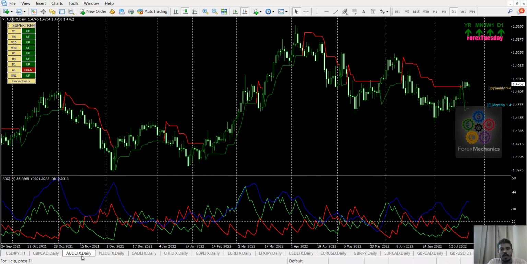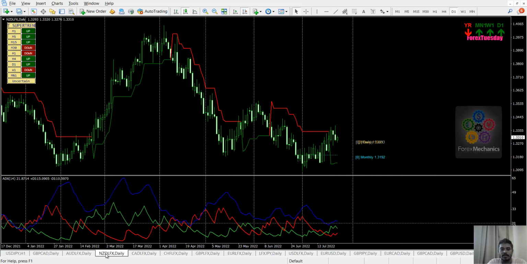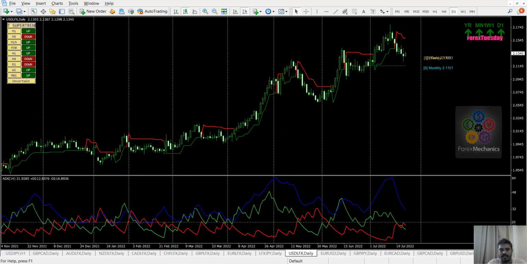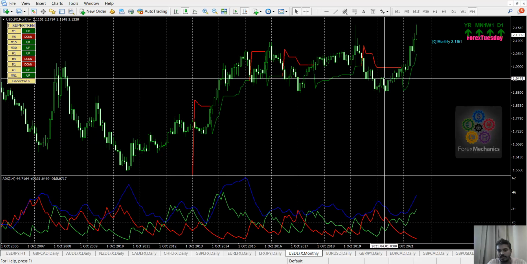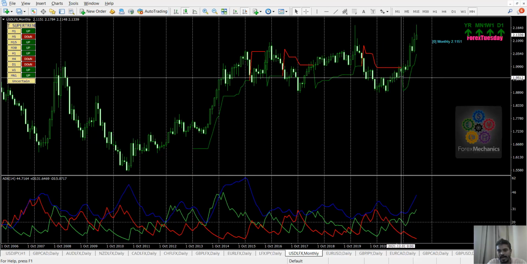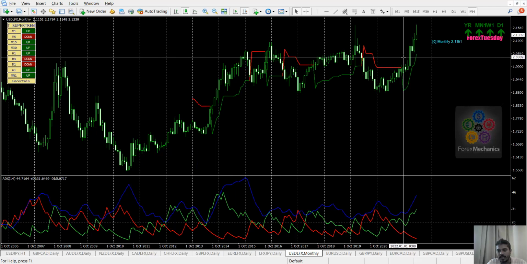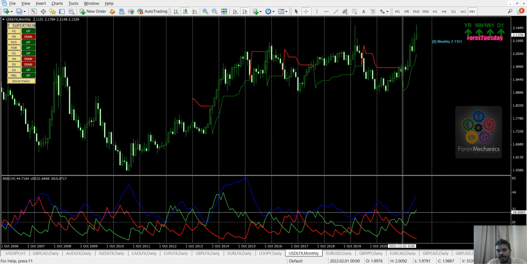Now, for those of you who have Light Forex or who have access to Light Finance, then your life becomes a little easier because you're only tracking the 8 currency indices. So for example, this year, if you click on the US dollar, you can see very clearly this is the start of the year, and we know that the dollar has been trending up. Now this is the monthly chart, and here you can see the ADX was already trending up, and you can see how